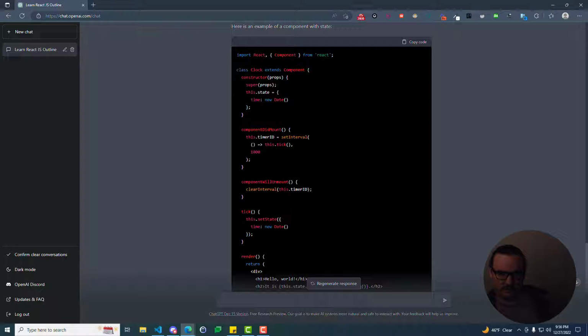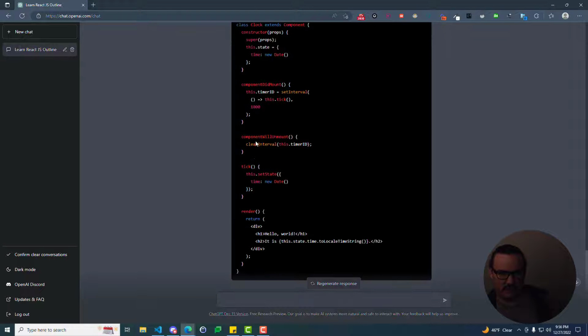Then they have another function here, componentDidMount. This is a pre-named function. I believe it's considered a lifecycle method, but we could ask it to explain that. But let's just assume that from the name, the component did mount, so this is something that gets fired off after the component has done whatever mounting is. So this.timerID is equal to setInterval this.tick 100. And so at this point, just looking at state, we don't have a this.tick, but as we continue